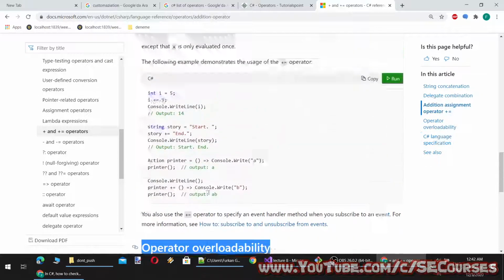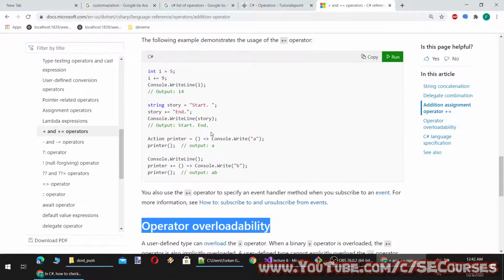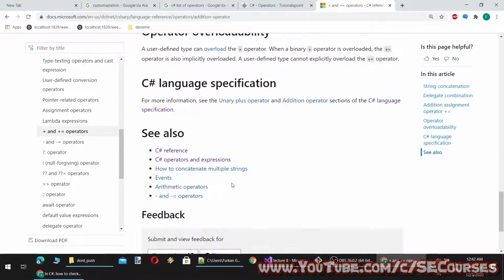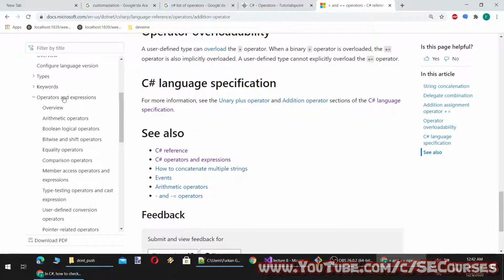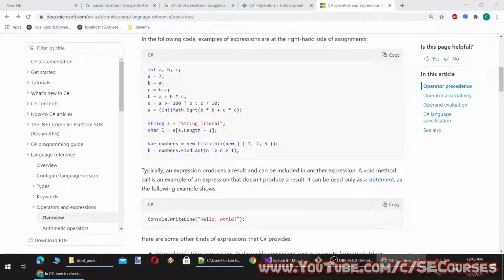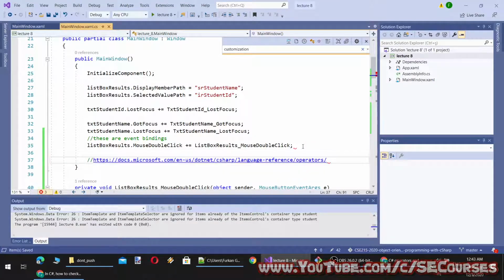Yeah, this is called as delegate combination, I think. Like here. Anyway, let's give a link to this page. Maybe you want to check it at home because this page is really useful one.